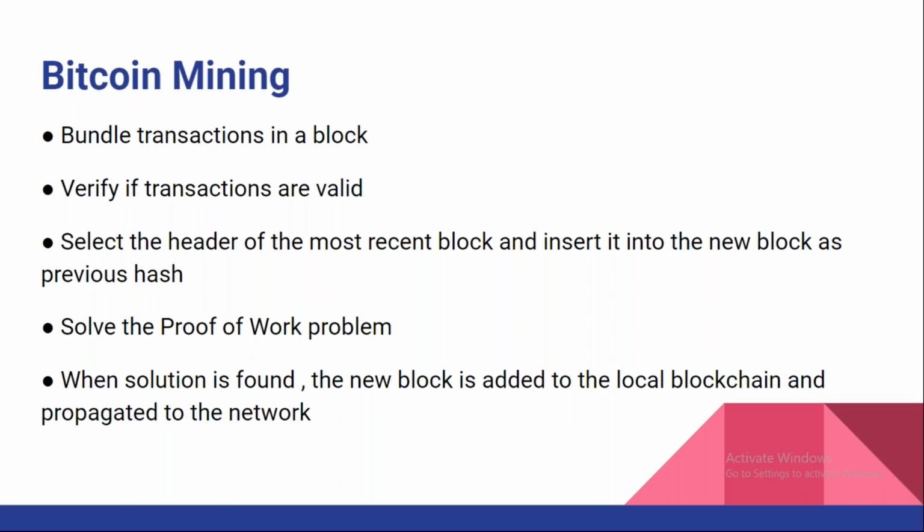Once this is done, the proof of work algorithm will start working. I will give you a small example of what exactly proof of work is. Proof of work is like if you have a random set of keys, say 100 keys, and one lock, only one key is the valid key. So what the miner will do, generally, is pick the valid key and keep it for the lock. Okay, that is the general scenario.